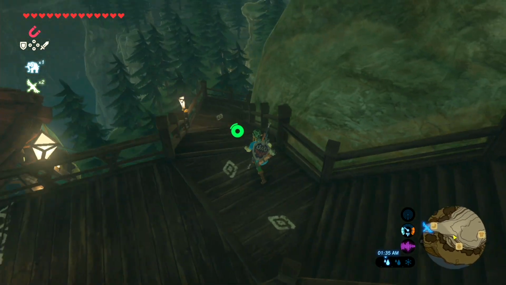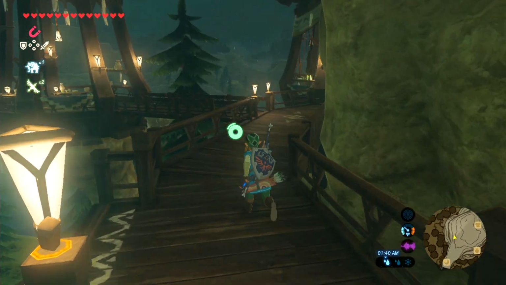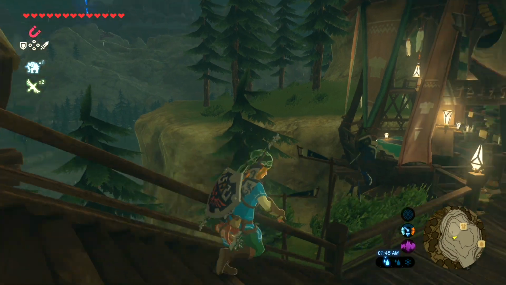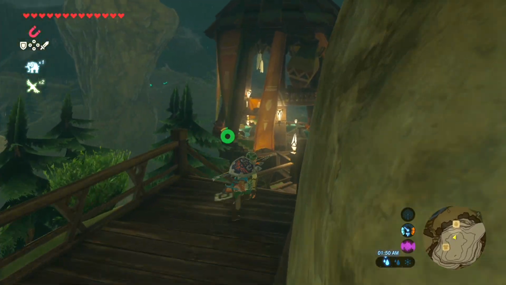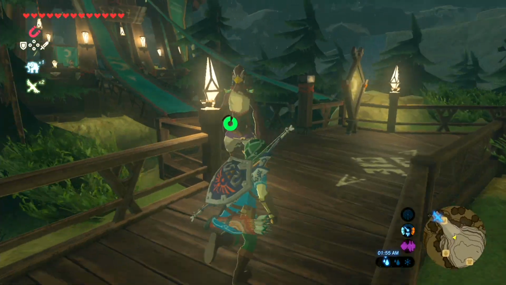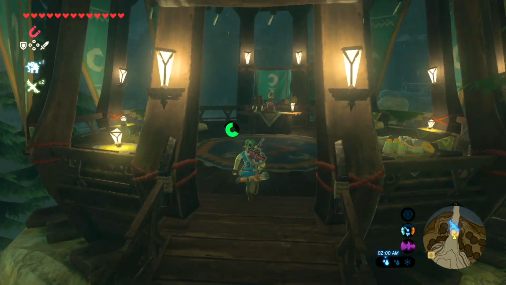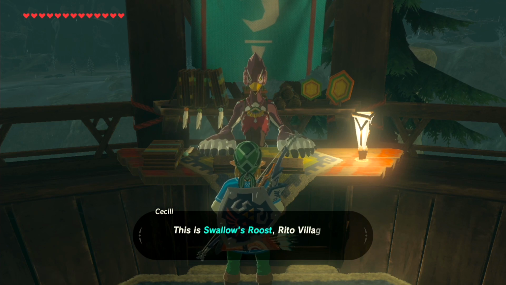Since it's raining, I can't really make a campfire, so I guess I have to walk down to the inn and just sleep there. Now, the problem is, that's sort of going to mess up my timing as well, since you have about an hour of in-game time to get the quest and then activate the shrine pedestal, which is not gonna be easy to do. I mean, I guess I can just make a campfire down by the shrine pedestal,